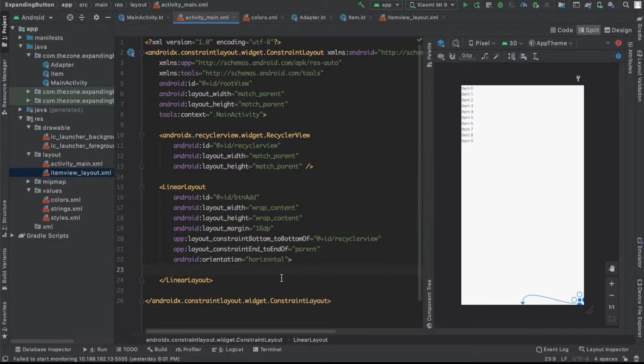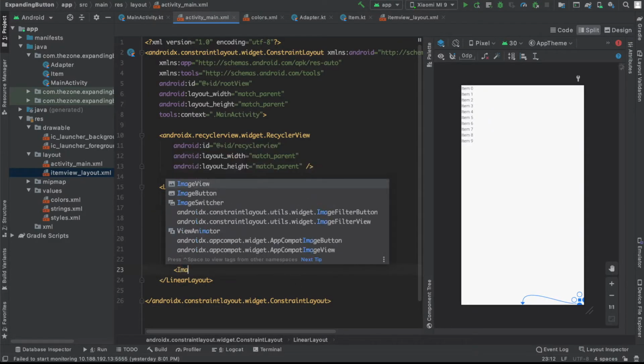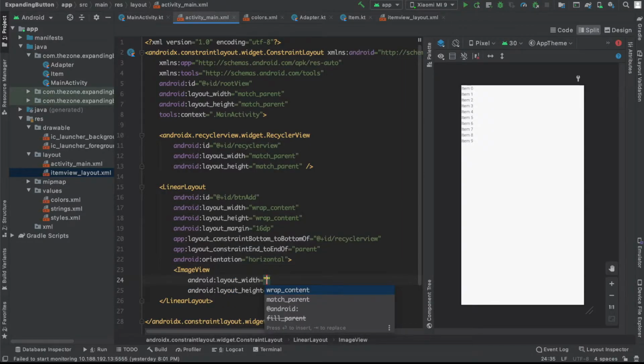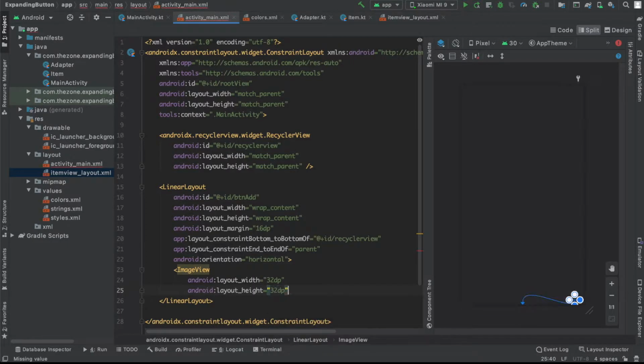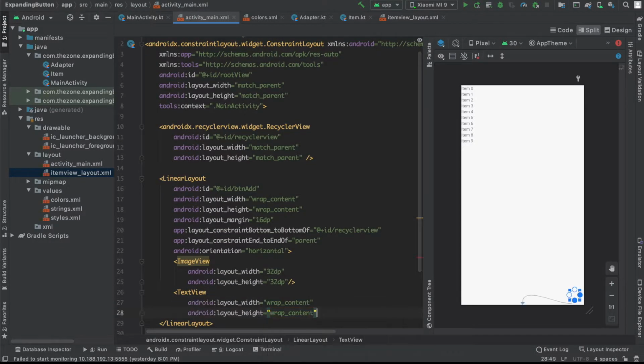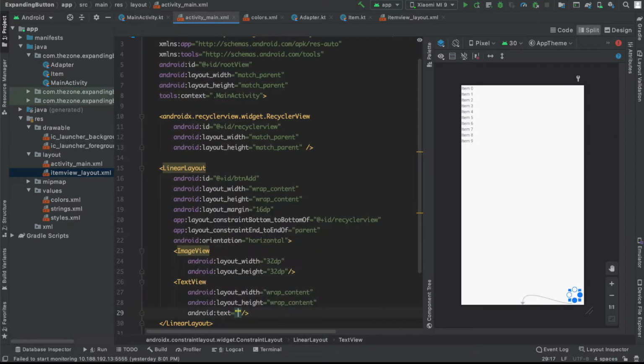And we need to add the image view for the plus sign. 32 dp width and height, and add the text view, which is wrap content. Okay, set the text to